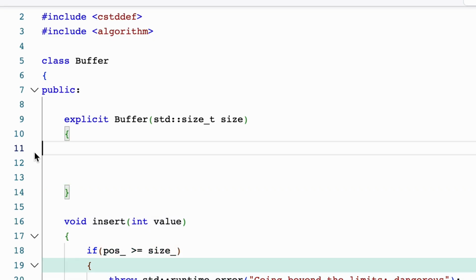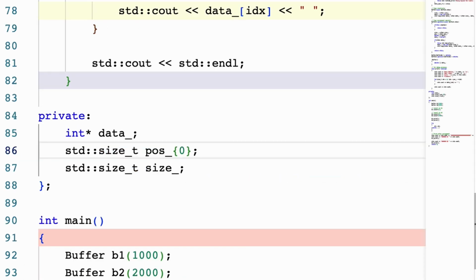To make the point, let's create a class named Buffer, and this Buffer maintains a pointer to an array that is dynamically created, a position variable that indicates which element has been inserted, and then a size. The size is the size of the array, it's the full capacity of the array.